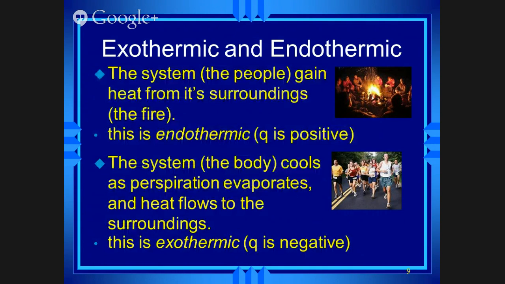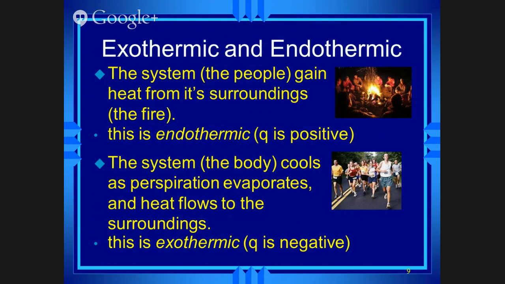So imagine, for example, a fire. The system, the people, gain heat from its surroundings, the fire. This is endothermic. Q is positive. You are absorbing the heat from the fire. On the other hand, the system, the body, cools as perspiration evaporates. The heat flows to the surroundings. This is exothermic. Now, again, you could think of that first one as being also exothermic in the sense of